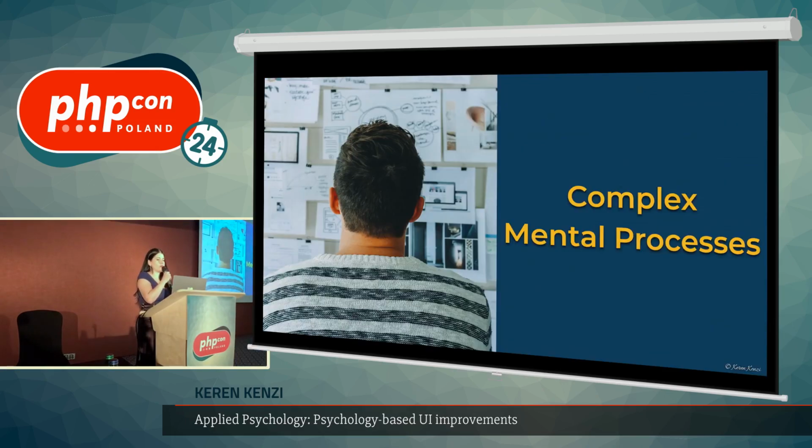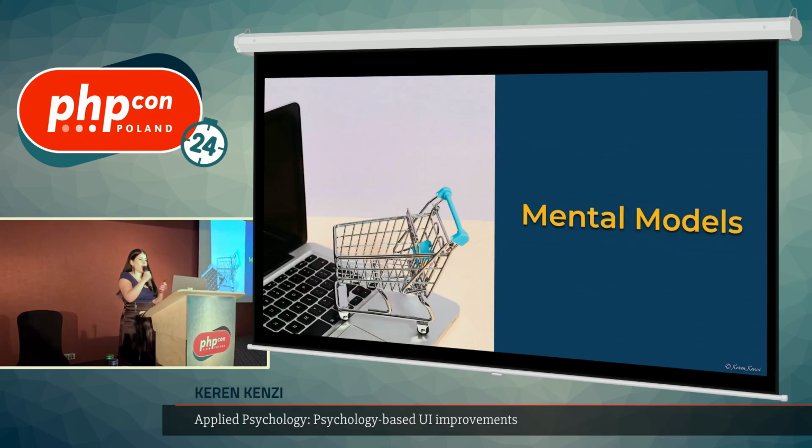So let's move on to more complex mental processes, such as judgment and decision making. Now, those processes can be hard to do, they're more complex. But we have mental models to the rescue. What do I mean by mental models? Mental models are internal representations of the objects and things that we know about the world, that we keep with ourselves. We form them based on prior knowledge,